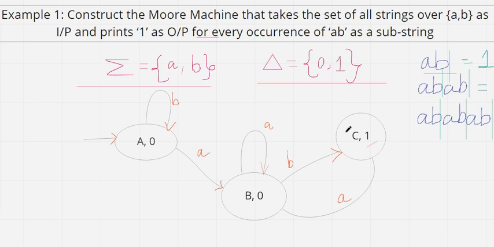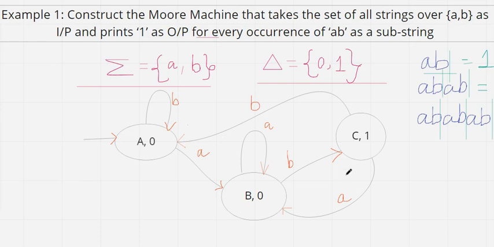Okay, now looking into state C, we are left with one transition, and that is the transition for B. Now what to do with B? Can I take one more state and then move that B transition? No need for that. I can directly make a transition from state C to state B. So what will this transition be? This transition is for input symbol B.